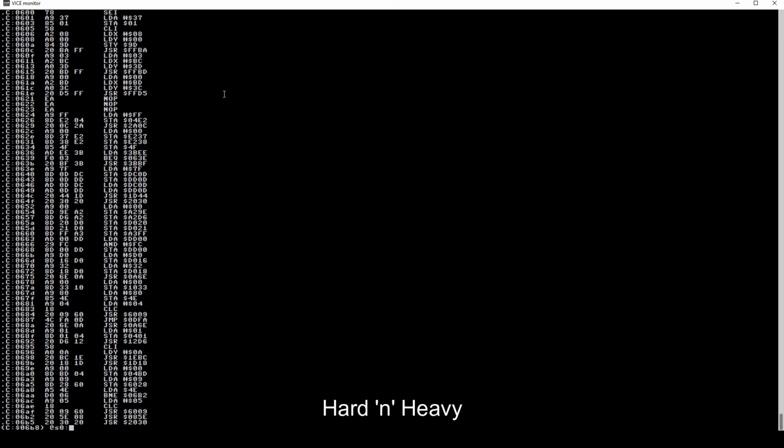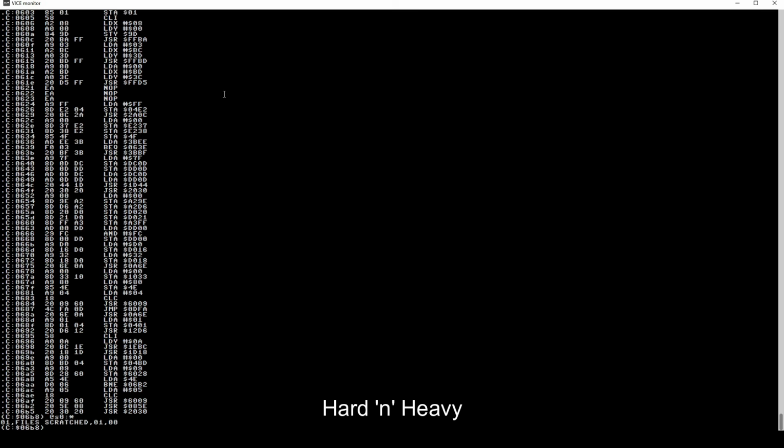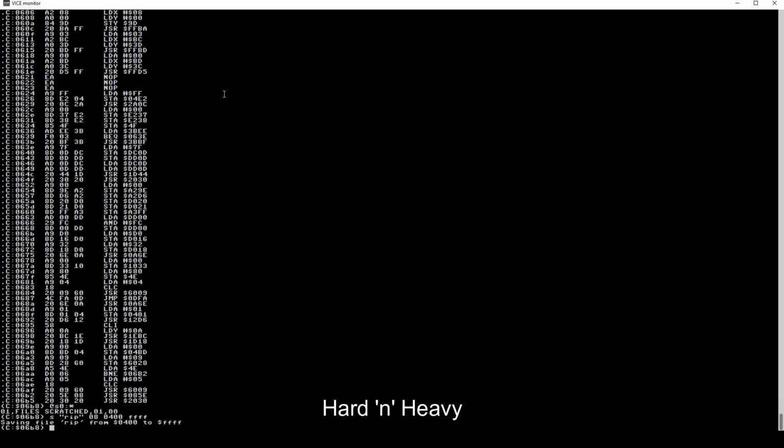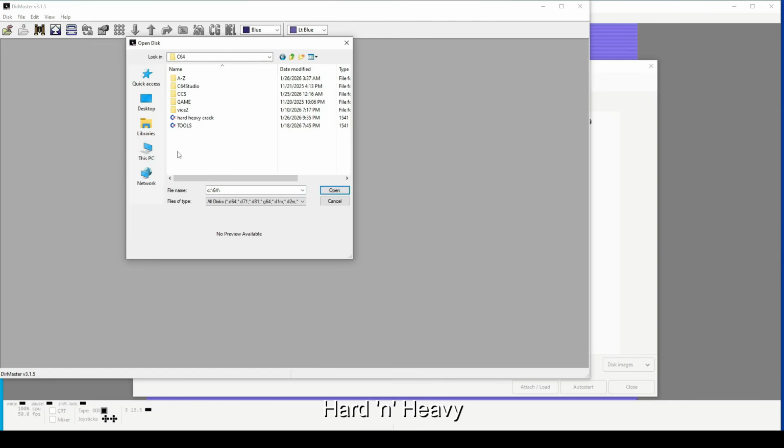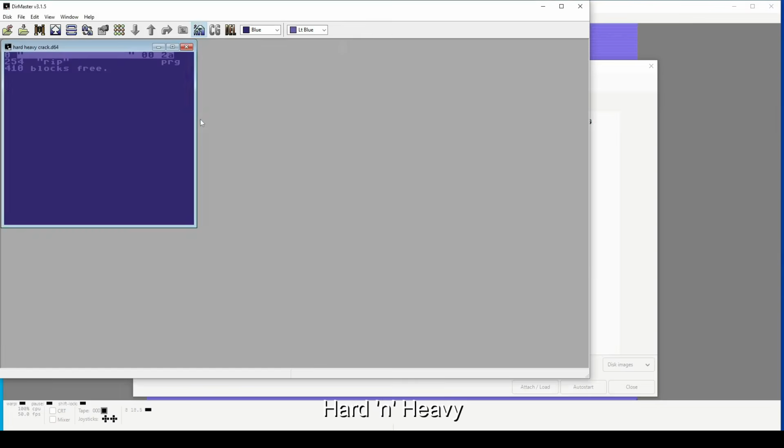We're going to scratch everything, and we're going to save RIP. Done. And when I come back for the second half of this video, we're going to try compiling it and seeing if it works. For the next step, we're going to use DirMaster, and we're going to go into the folder that has the disk image with the RIP on it, and I'm going to export it